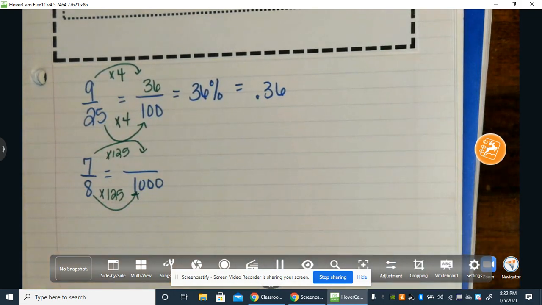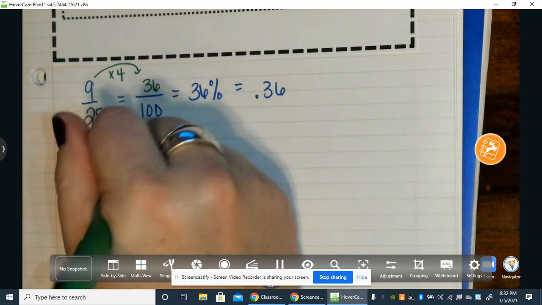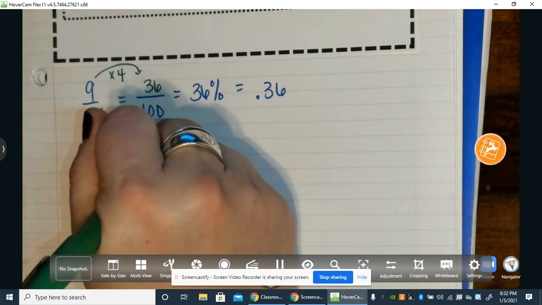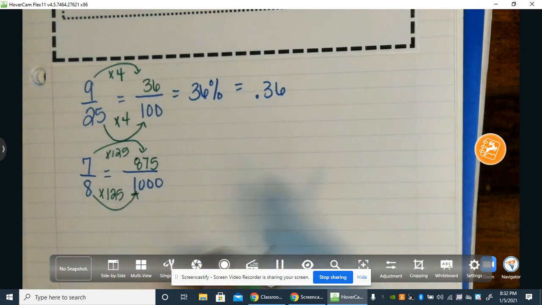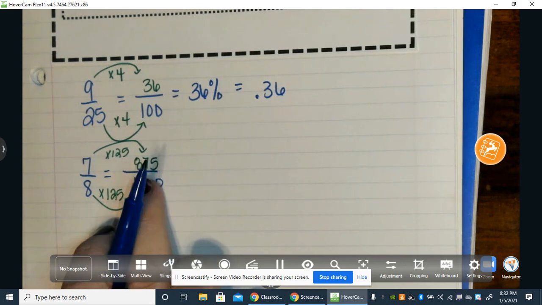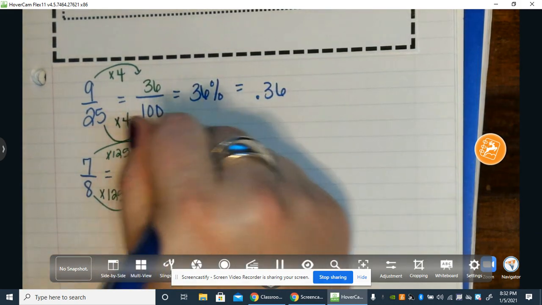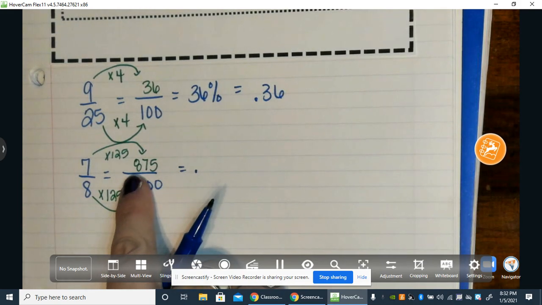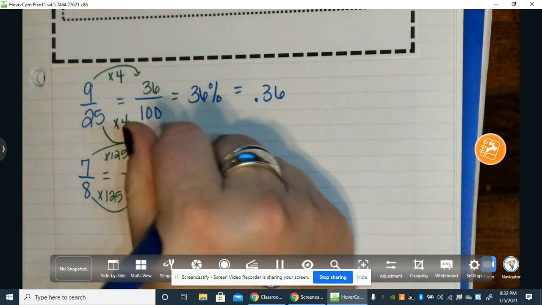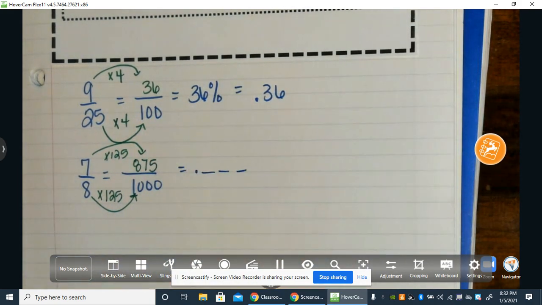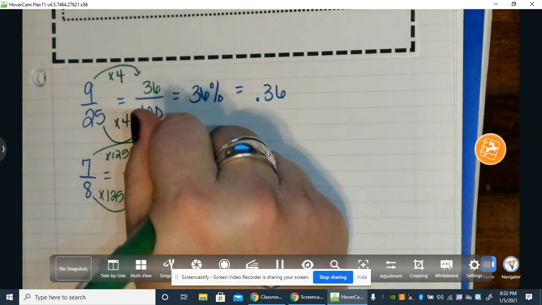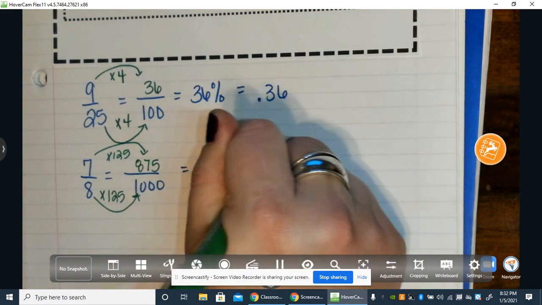And 7 times 125 gives me 875. I'm going to write this as a decimal first, which is equal to 875 over 1,000. So I need 3 place values, 1, 2, 3. So it's 875 thousandths,